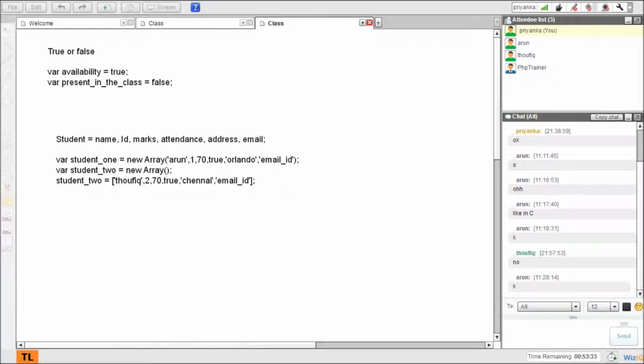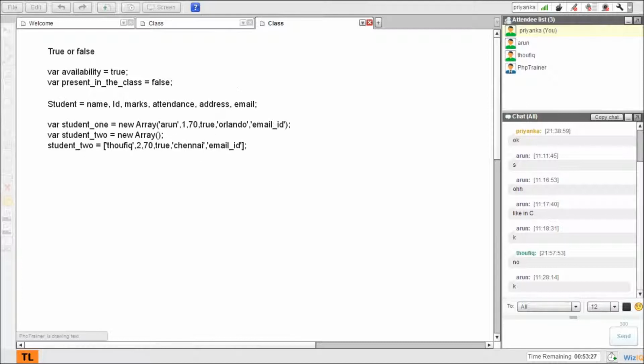So array is used when I have to store a bunch of data, like a group of data in a single variable. Under a single label, this is still an array.